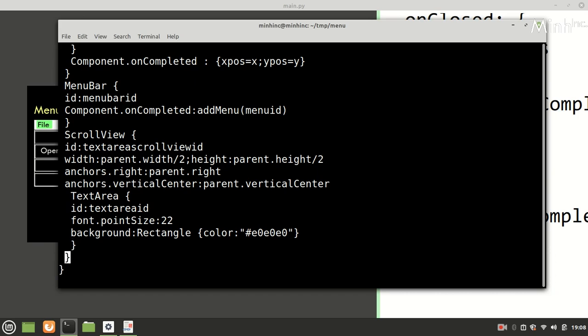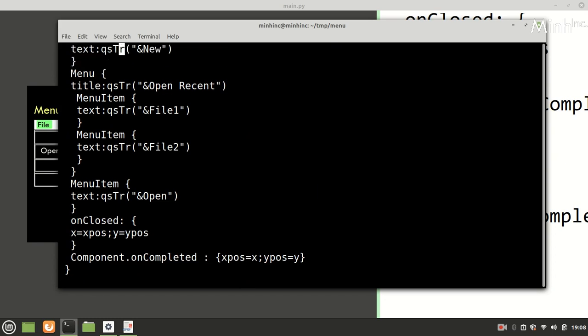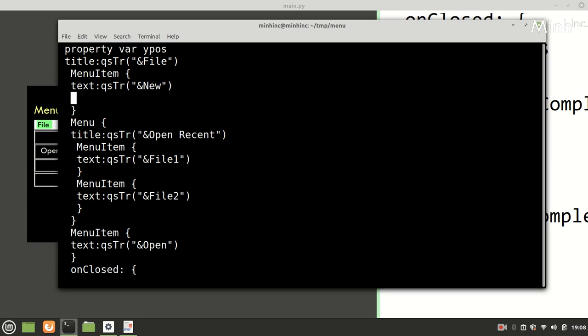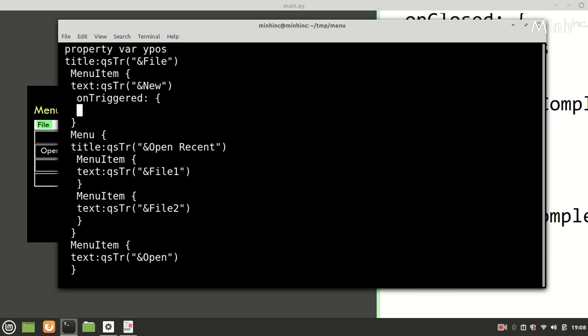Now we'll go to new, we'll fill up the new. So here we'll say on triggered, text area scroll view ID dot.